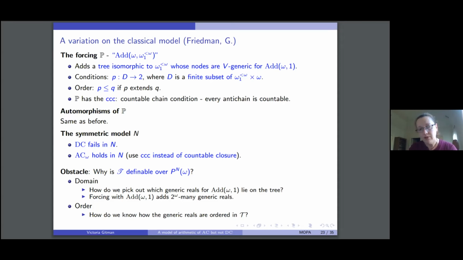But this is the problem. We need two things about the relation to be definable: its domain and the actual relation, the ordering. And it's not clear why either one would be definable. So what is this tree? The domain